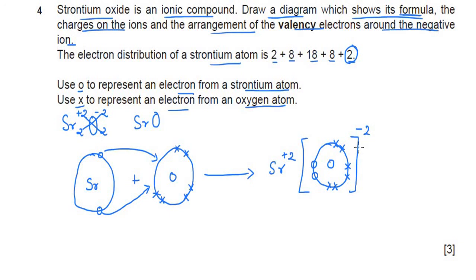So here, such a diagram can gain us 3 marks. In this video, we have discussed 5 MCQs and 4 subjective questions where we have learned how to draw the diagrams presenting the ionic compounds, showing the formula, the charge of the elements, and the valency electrons on the negative ions. And we have also discussed some properties of these ionic compounds and a few more points in the